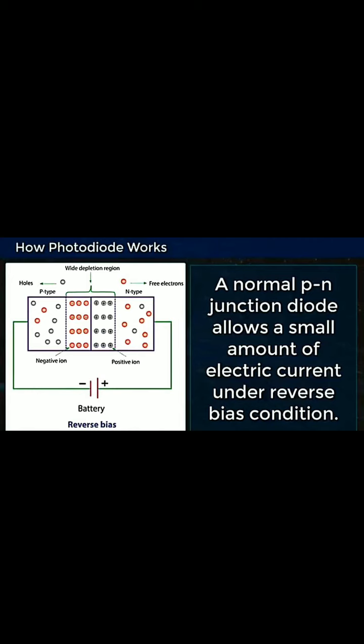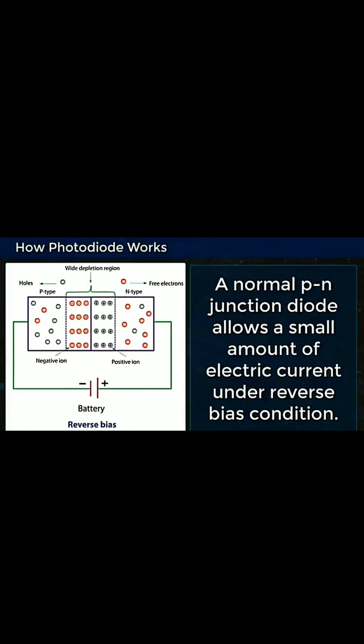These are the immobile charges. These are not the charge carriers. Charge carriers means those which carry the charges, or which can be moved from one side to another side. That is called charge carriers. But these charges are immobile charges. That's why this is known as a space charge region. They will not move from their places. They are immobile, not in motion. These charges are accumulated near the junction.